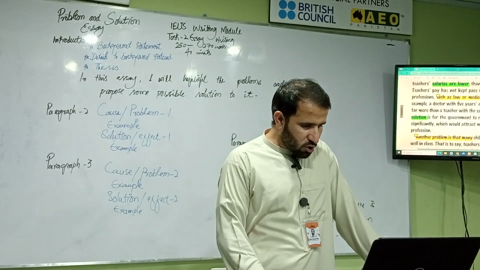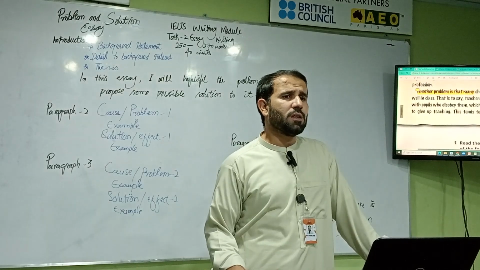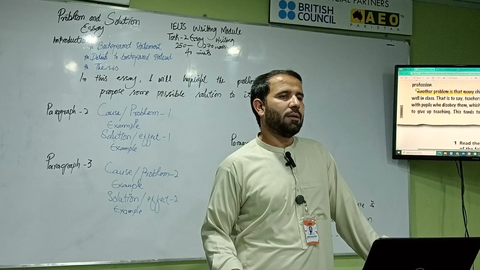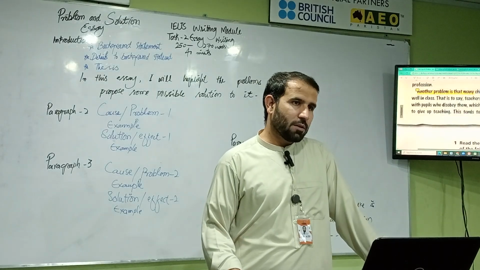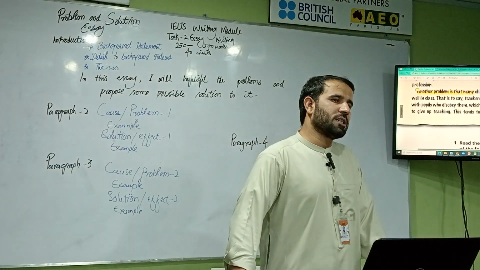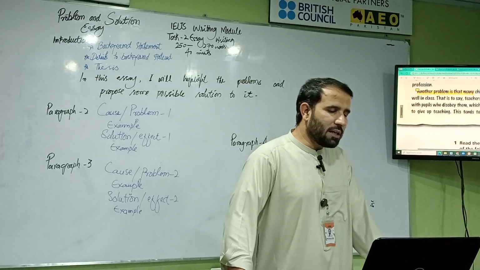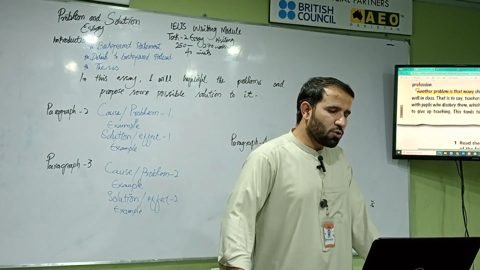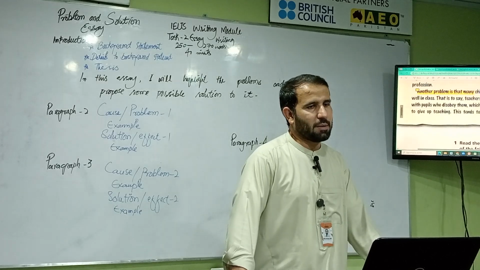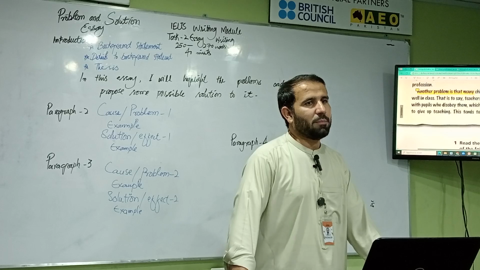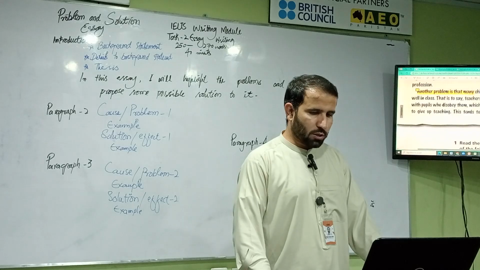Another problem is that many children do not behave well in the class. People in the world do not teach. Why? It's a problem. Which kind of problem? Due to salary. The government is not providing enough salary, which is why teachers do not teach. And another problem is students do not behave well in the class. Students are insulting teachers. This is the main problem. The problem is not teaching; the cause is students insulting. What would be the solution?